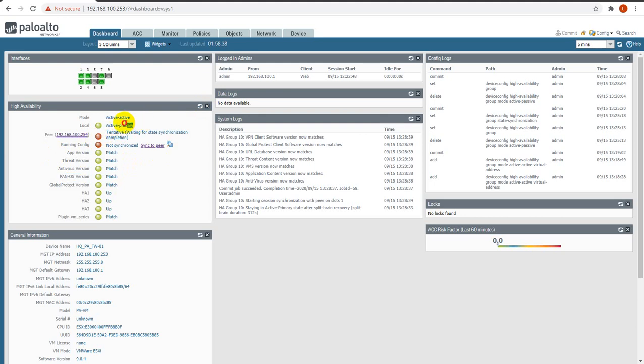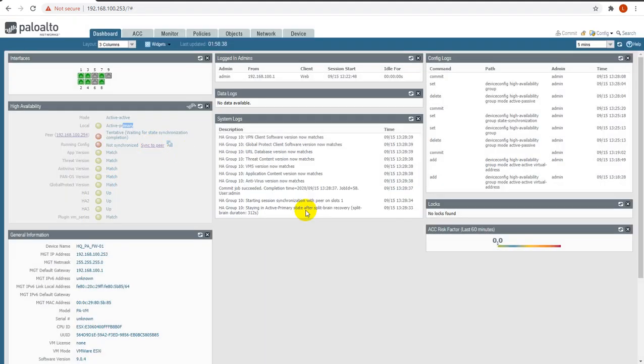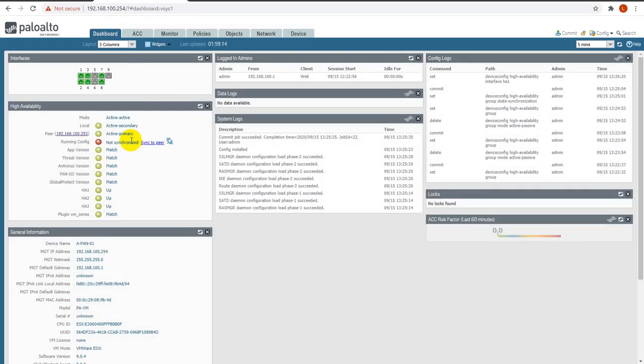Now this one is the primary active, and the peer is showing state not synchronized. So guys, you have to synchronize the configuration from the device on which you have completed the configuration. So let me synchronize from here, synchronize to peer. Let me come back here.